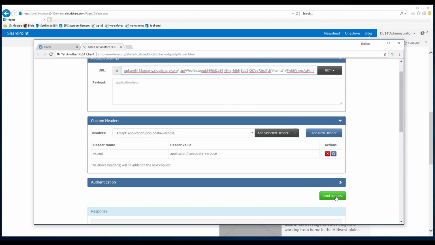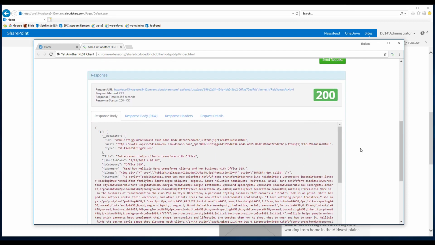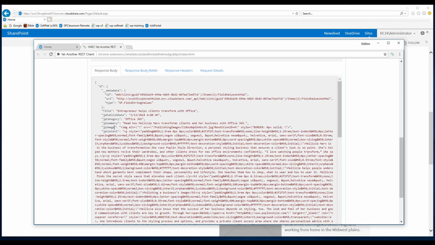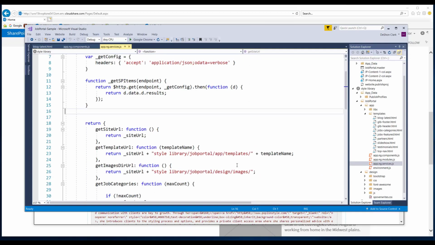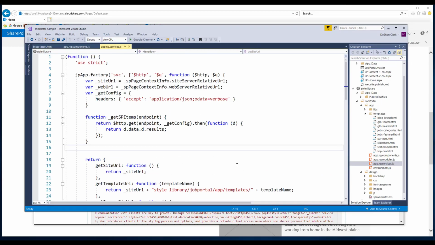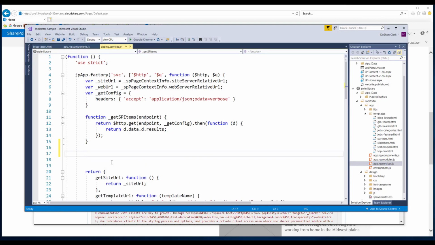We took a look at this earlier and see how the JP image property is now available, but it comes over as an image tag. So let's go ahead and take care of that. If we drop back in our services, what I have is a reusable function that will make that extra call once the caller sends it in, and then extract the source URL from that image tag. So to build this guy, let's just call it